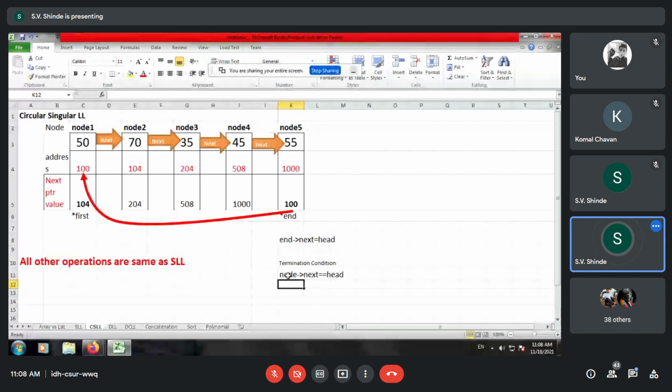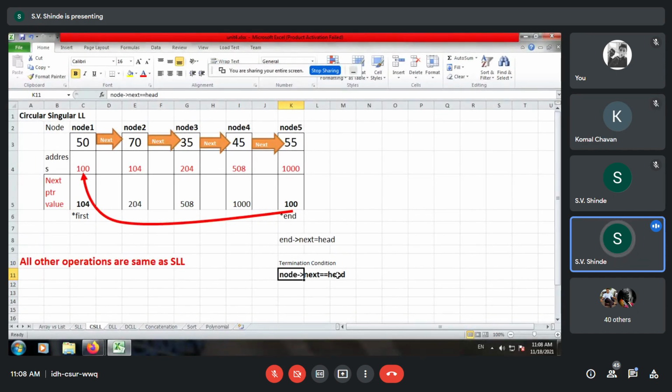So this is my terminating condition of the linked list. If you find a terminating condition such that node arrow next is equal to head, it simply implies it has completed one iteration completely, and you can again navigate into the node.